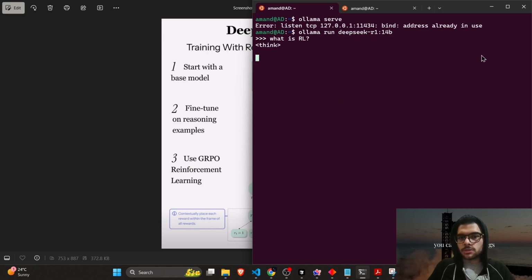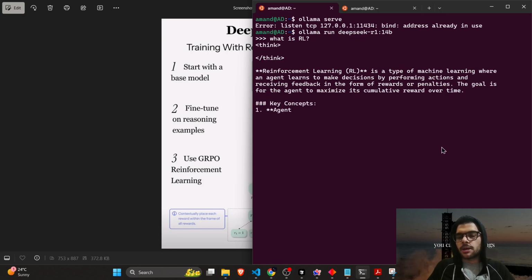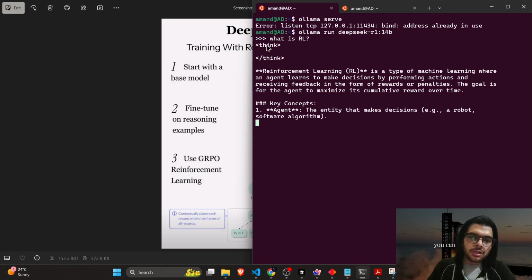Now it's running super slow on my laptop, but you can also see that if I ask a very basic question like what is RL, it might not even think. It knows that RL is a type of machine learning where an agent learns to make decisions in an environment with the help of a policy and whatnot. So this is also a good thing that their model has learned.